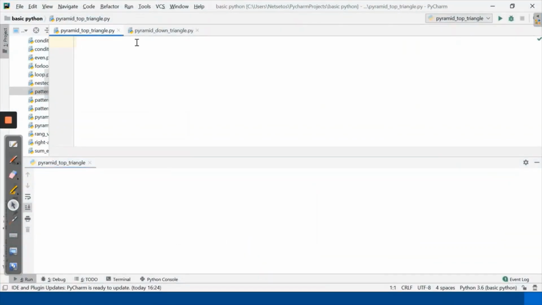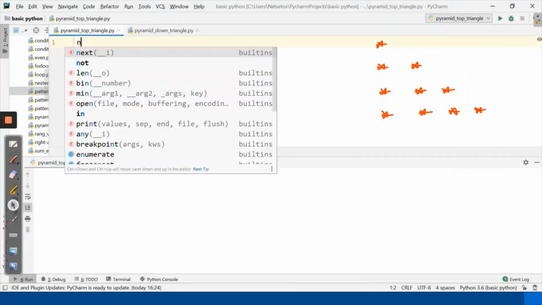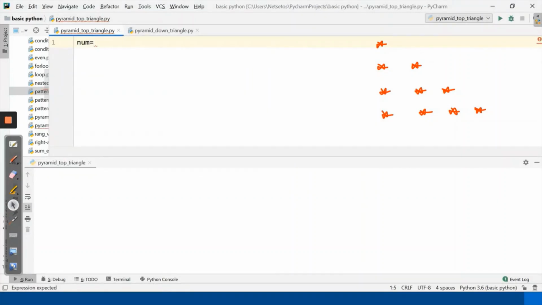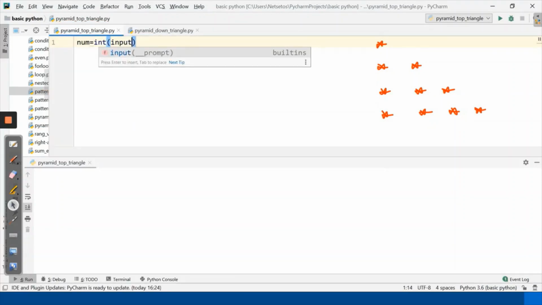As we have discussed, for this right angled pattern triangles, let's revise this first. So for this, I want the user to enter the number. So here I'll give int input. Here enter the number.